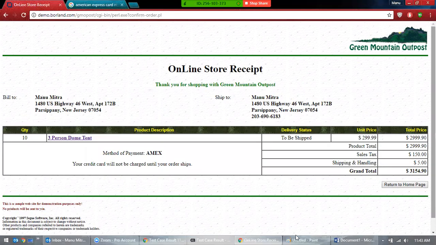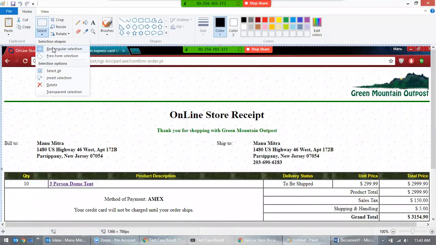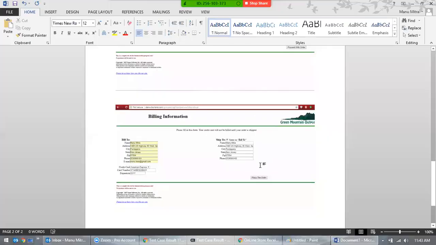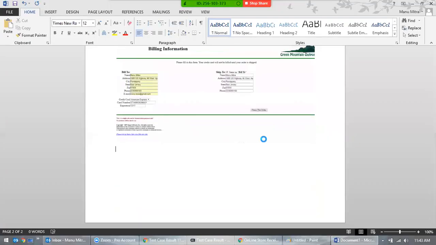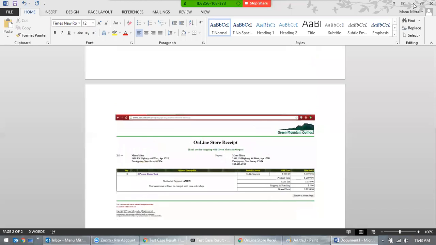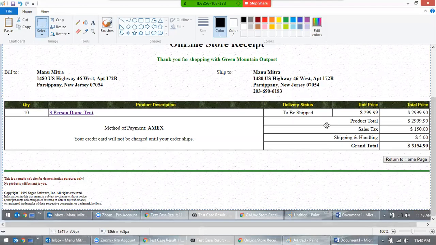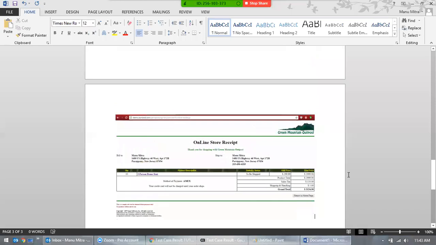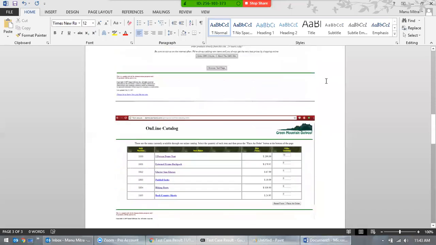Take the screenshot again. So what you're trying to do here is document all your work, all your steps. Remember, you're writing test cases, so you are documenting everything in the form of screenshots. One more. Okay, you don't require this, so you can put this one. This is how you need to document your work.